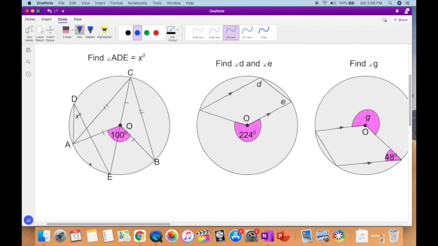So what you did was you found this 50 degrees and called that X. But no, this 50 degrees is subtended by the arc AB, so that can't be X, because X is subtended by the arc AE. You seeing that? So we have to find another angle that is subtended by AE, and look, that angle is this,